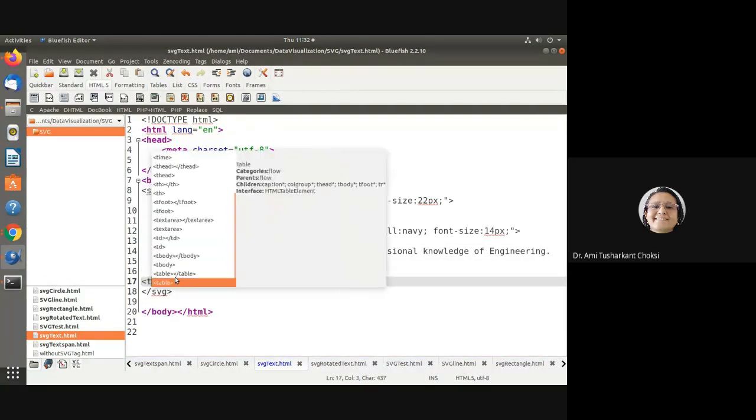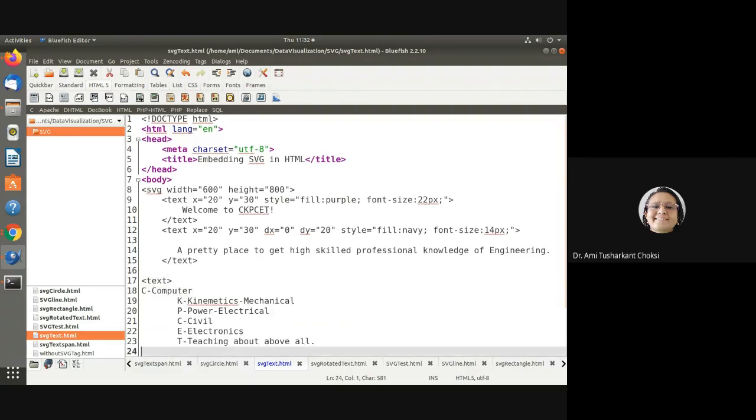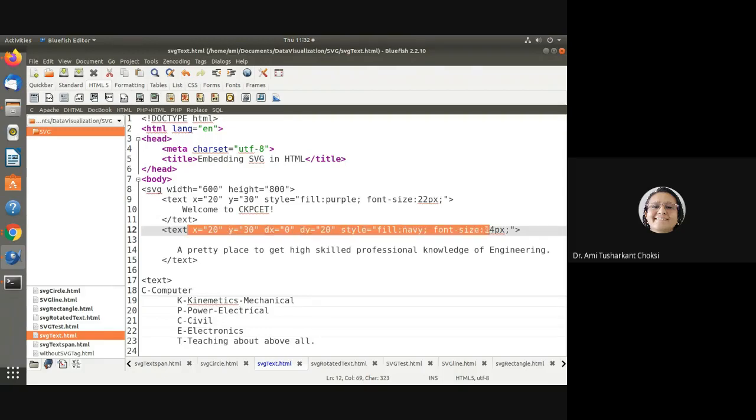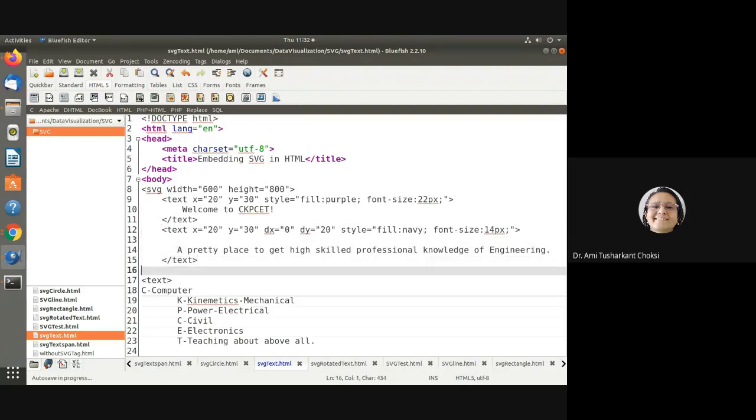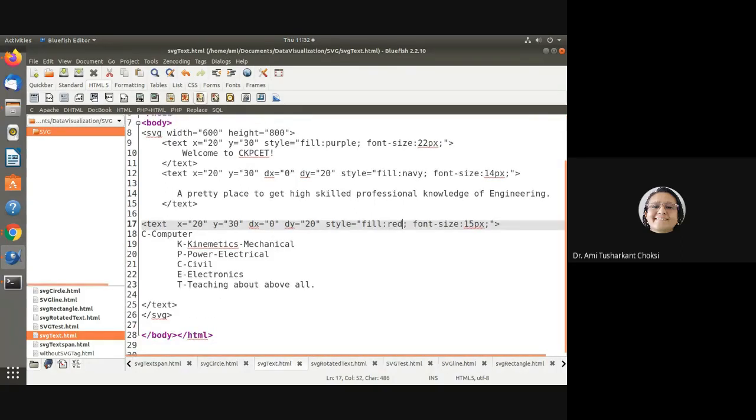Text is starting and text is end date. Right now, in between this, I am writing this, and one more, that is this one. I have written it for you. Now let me copy that and put it here. Right? Okay. Here we have specified the 15 and here we have specified the red. Right? Okay. Now, if I have written like this, let me run this and preview in the browser.